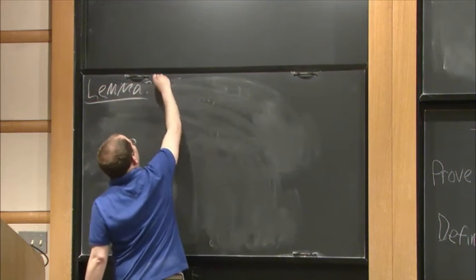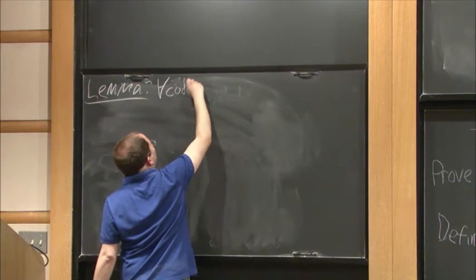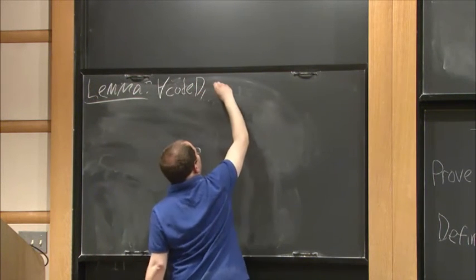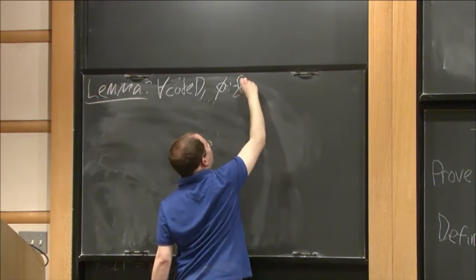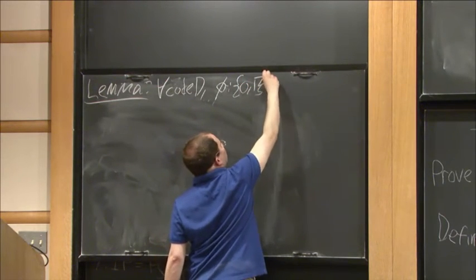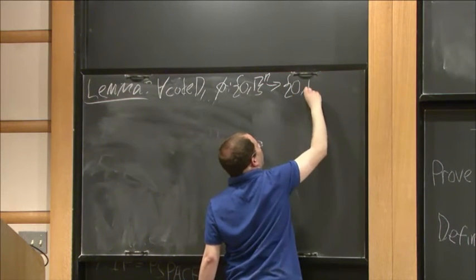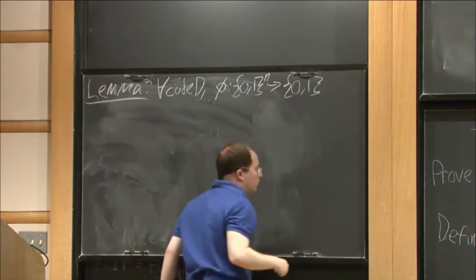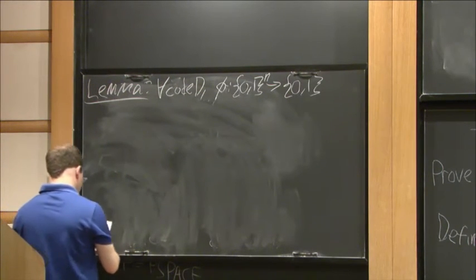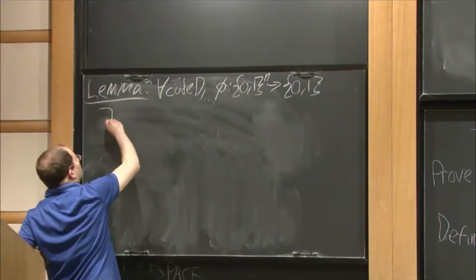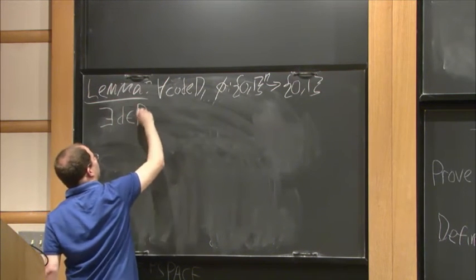For every code D and formula phi from {0,1}^n to {0,1}, there exists a code word small d of capital D to the n